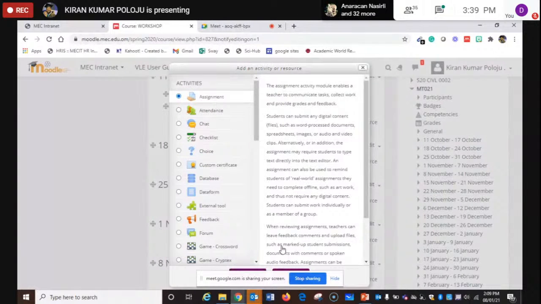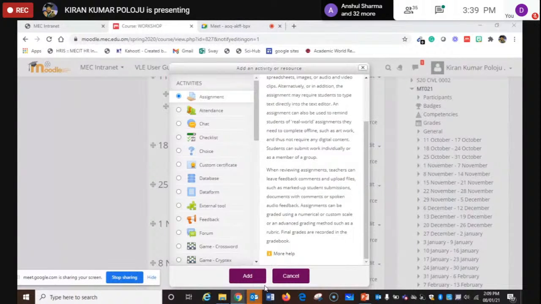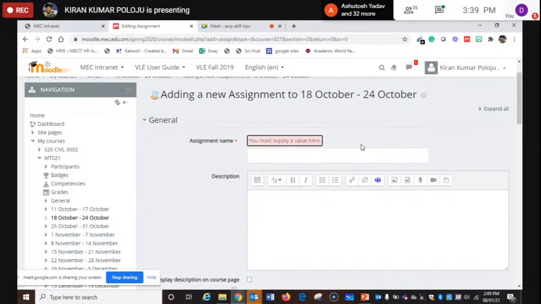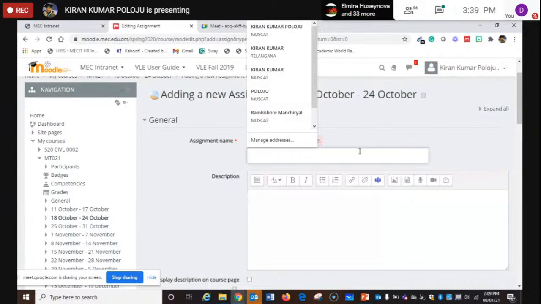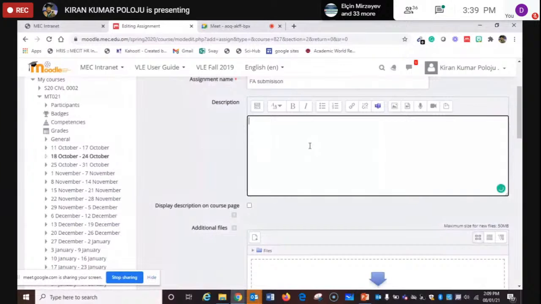Let me take an assignment. So now I have selected an assignment. This assignment is used if we ask our students to submit a report. I would like to repeat once again. If we ask our students to submit a report for no marks, like a formative assignment, then we can give as a name formative assignment submission. If you want to give some description, you can write some matter,